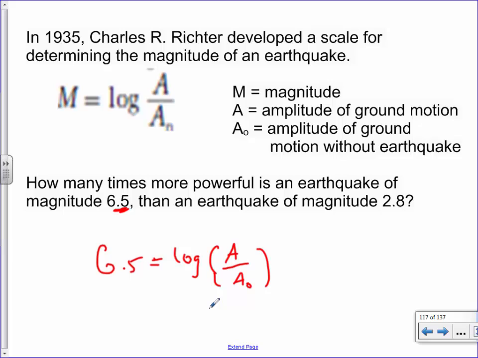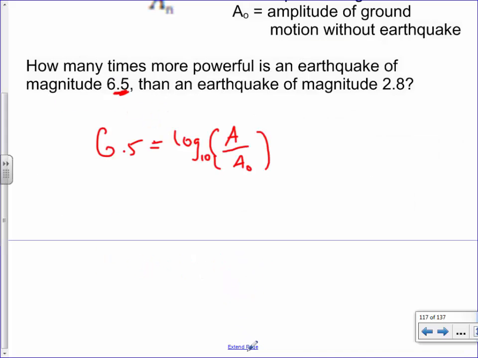What's the base? Good, it's 10. I mentioned that a couple times earlier today. If it doesn't show a base, it's implied that it's 10. How can I rearrange this? Well, 10 is your base. It would go to the power of 6.5, and that would equal